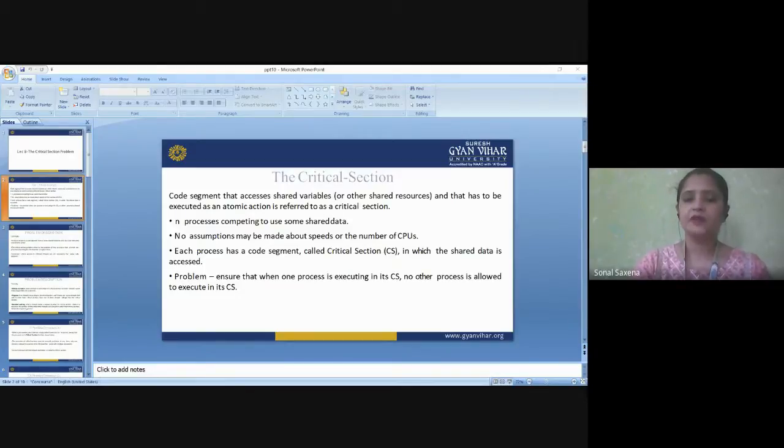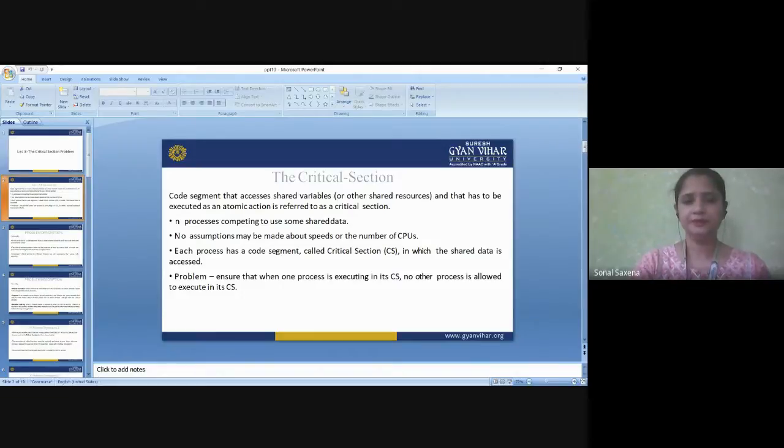Now, the operating system faces difficulties in allowing and disallowing processes from entering the critical section. So basically, the critical section problem is used to design a set of protocols which can ensure that a race condition among the processes will never arise. I'll tell you in later lectures exactly what a race condition is. In order to synchronize the cooperative processes, our main task is to solve the critical section problem, and we need to provide a solution in such a way that the problem doesn't occur.